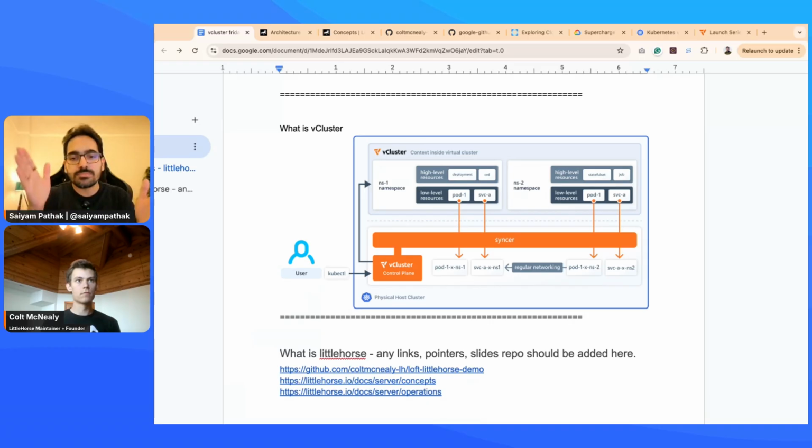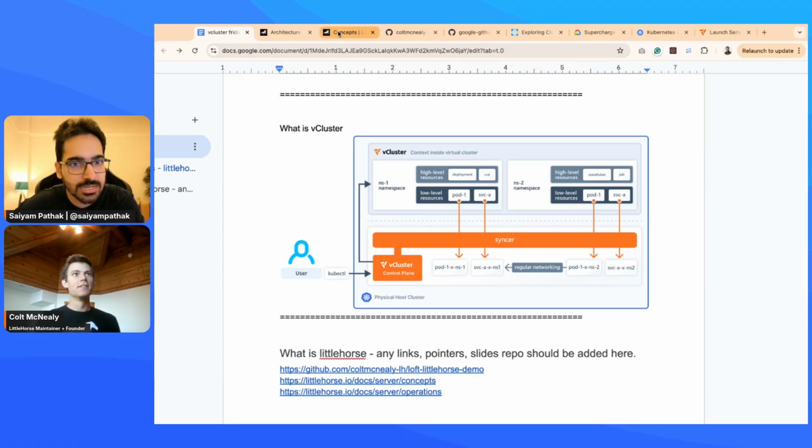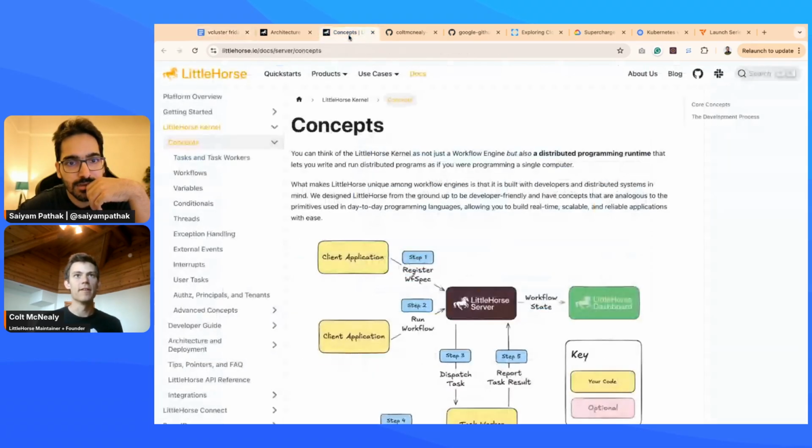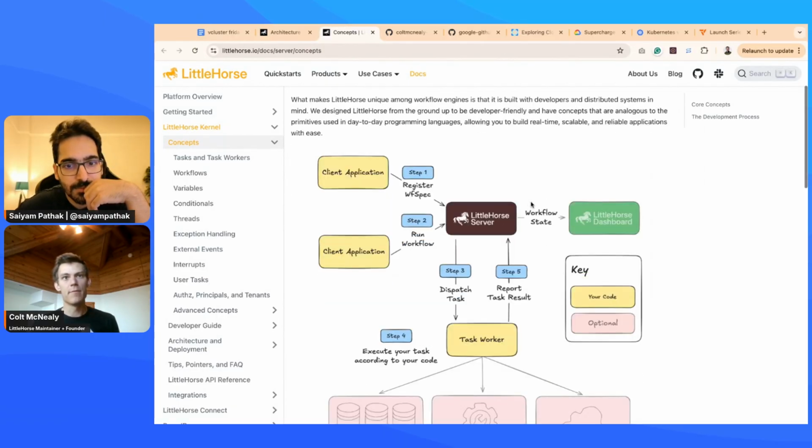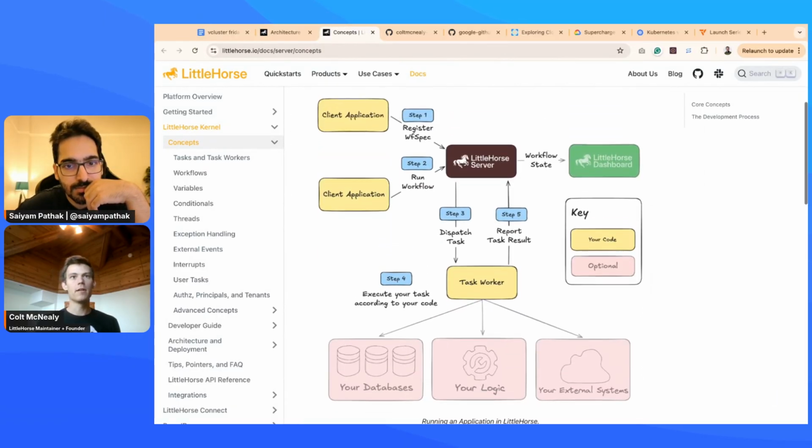So Colt, now let's try to understand about LittleHorse. Like what is LittleHorse? If you want to share your screen, you can share your screen, or if you want me, I can hover around some of the stuff. I will actually, if you could open that concepts page you're about to click on right there, that would be fantastic. So if you want to scroll down just to center the image a little bit, we'll try to explain